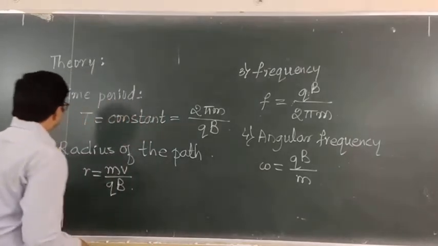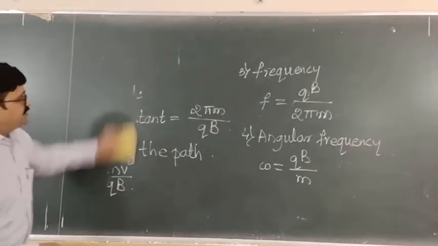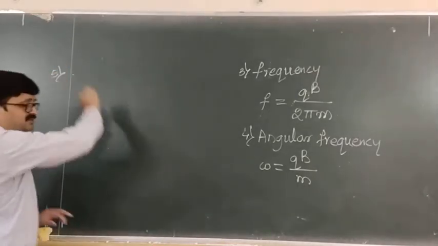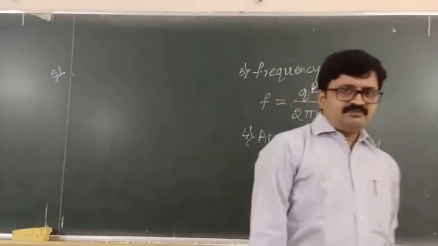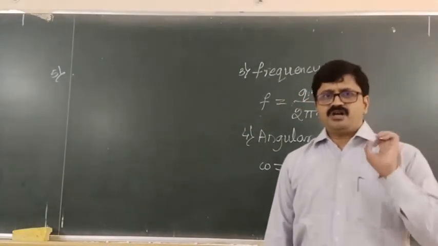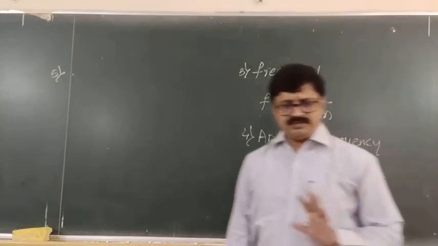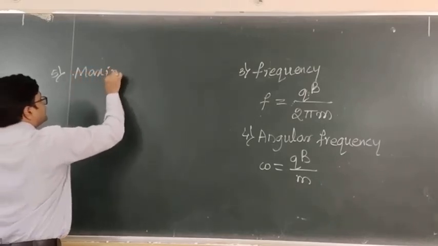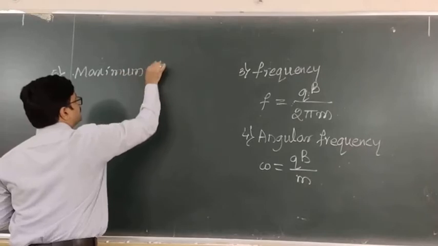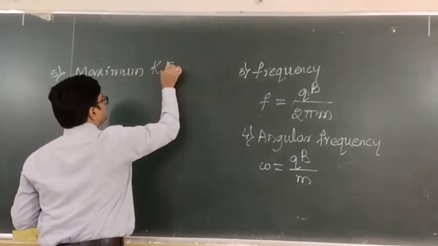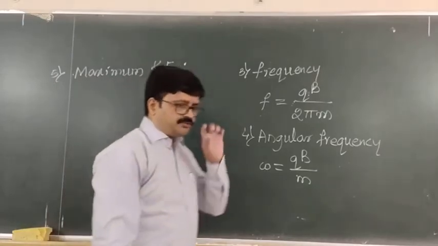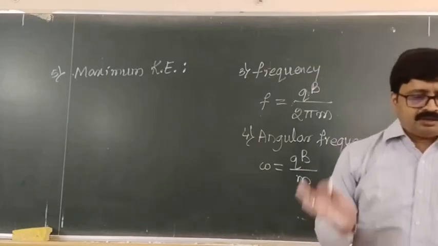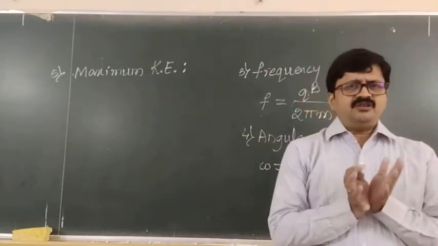Okay. Next, after this, the fifth term that we should discuss is about the maximum kinetic energy of the charged particle in case of the cyclotron. Okay, so over here we can write it as maximum kinetic energy. Now, in order to find maximum kinetic energy, we will initially find the value of v,